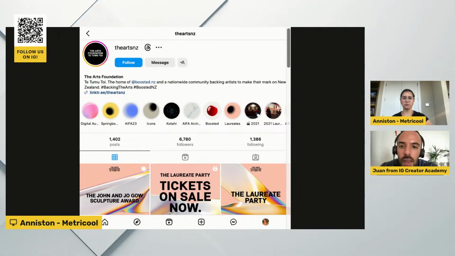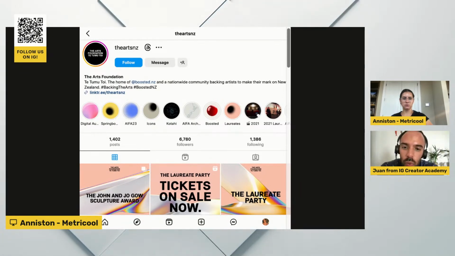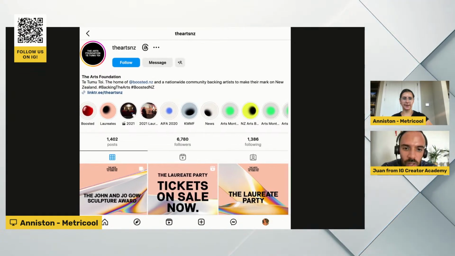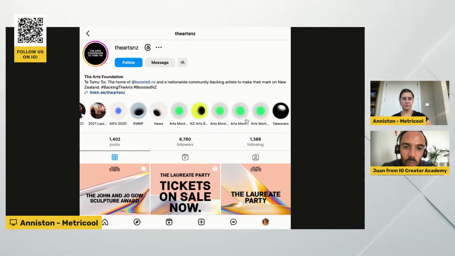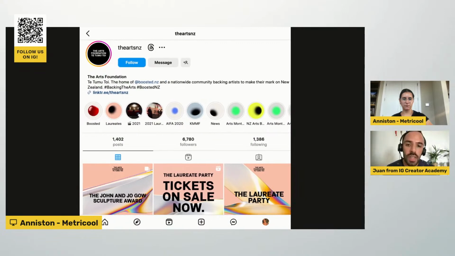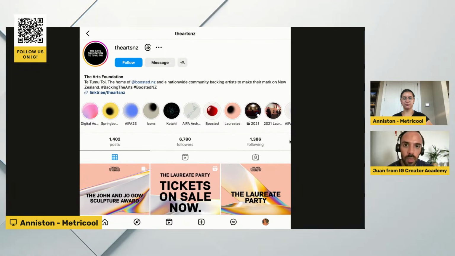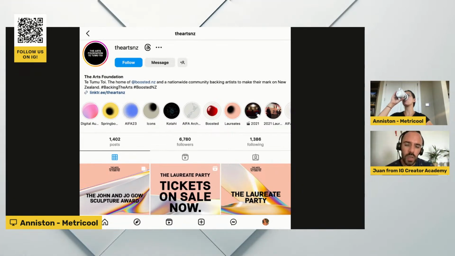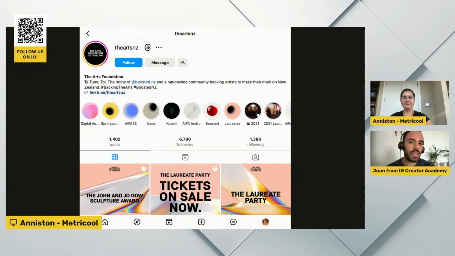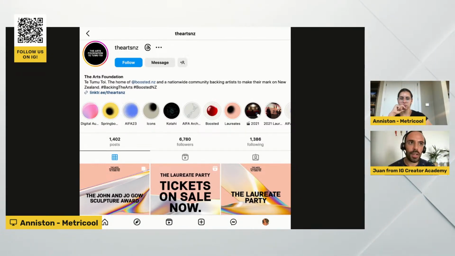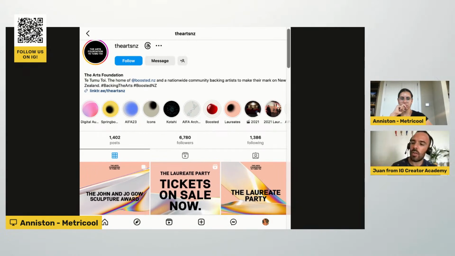But then if you go over to the highlights, I think we have too many highlights here. Way too many highlights. So just stick to those that are really going to help you connect more with the people that are just landing on your profile. Most of the time, highlights are only seen by new profile visitors, because they're getting to know you, they read your bio, and they see, oh, these highlights might seem interesting, so those are the people who check your highlights.